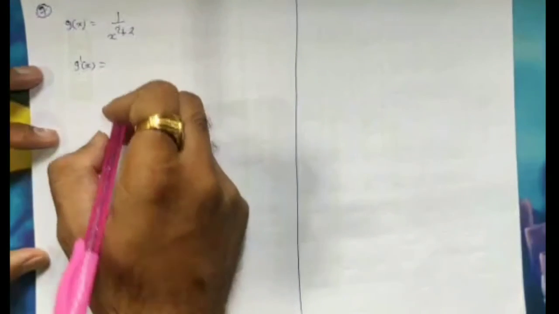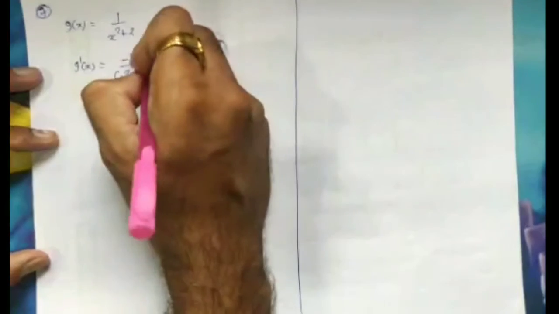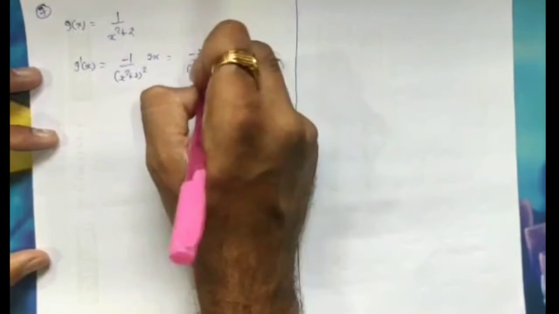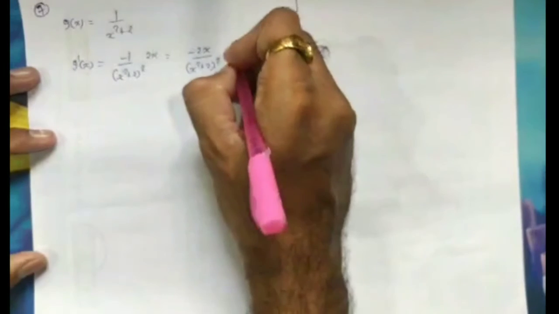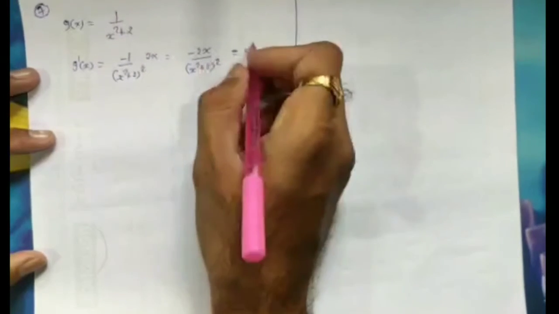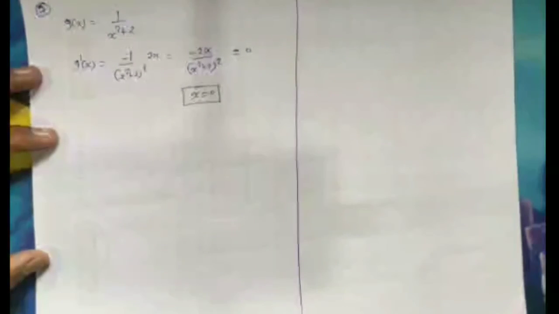So first order derivative of this given function, which is g dash x, है ना, 1/x का होगा -1/x². So this is -1/x² plus 2 whole square. And again differentiation of x square, which is 2x. तो ये हो गया -2x upon x² plus 2 whole square. That is our first order derivative. And to find the critical points, we are comparing this first order derivative with 0. So equal to 0, and then we can find our critical points. So when g dash equal to 0, इसको compare करो, cross multiply 0 0, we are getting x equal to 0. This is our first critical point or only one critical point.